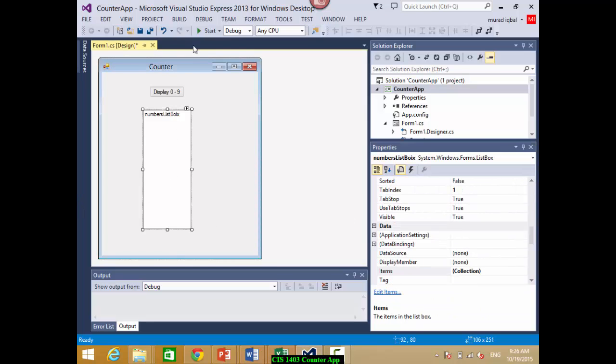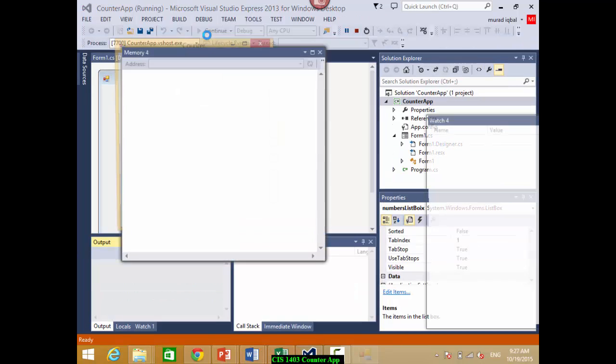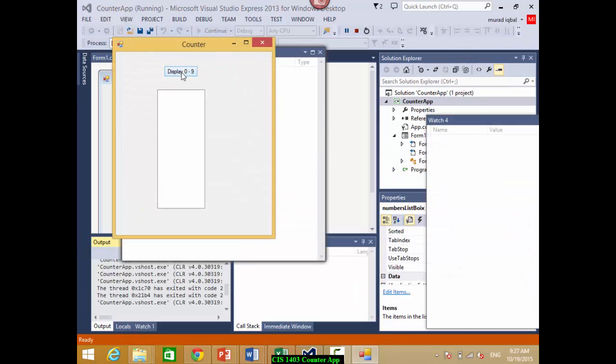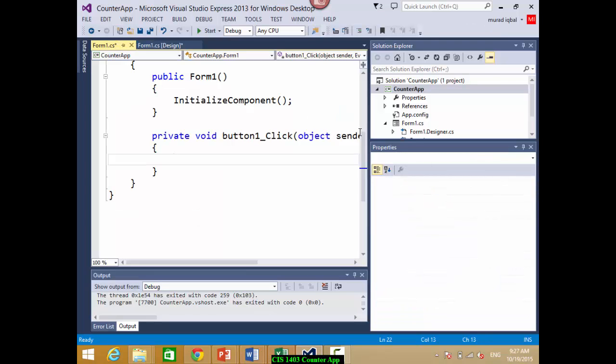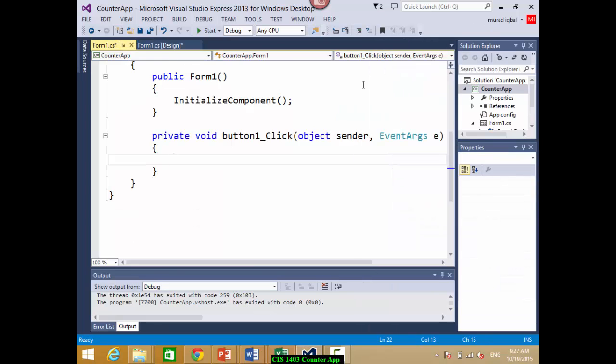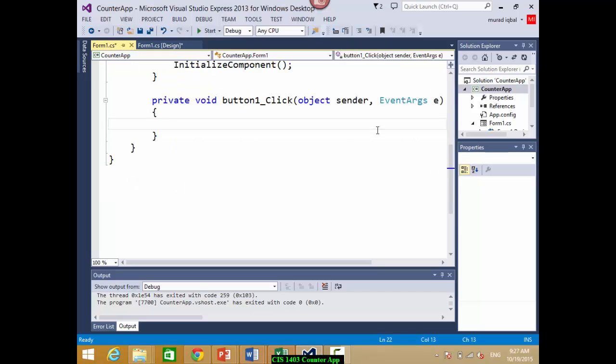my loop. So the purpose of this application is, when I press here display 0 to 9, it should work in a loop and display here 0, 1, 2, 3, 4, 5, 6, 7, 8, 9 in a loop. So that's the purpose of this application. Okay, so I click on this button and I'll come down and I'll first of